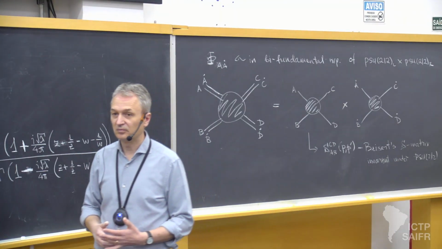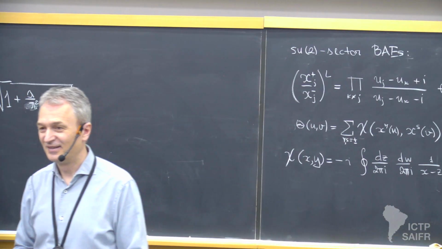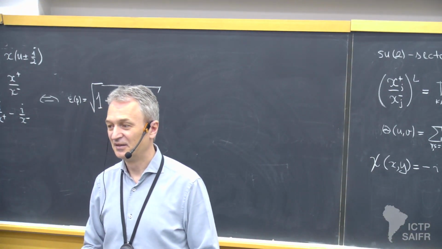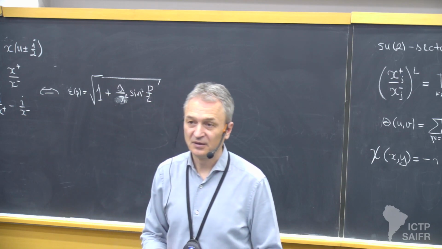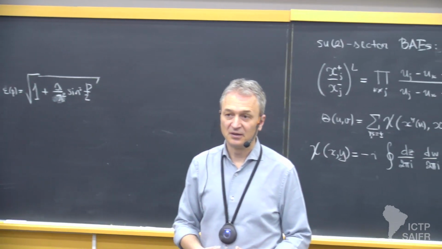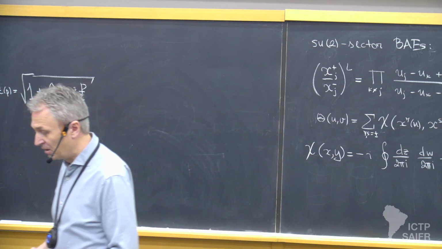Any more questions or comments? I think there is a question here. I was wondering, is this kind of construction that you showed us for N=4 super Yang-Mills in 4 dimensions, are there any other examples of this kind of construction, for instance in lower dimensional gravities or other dualities? Yes, so this